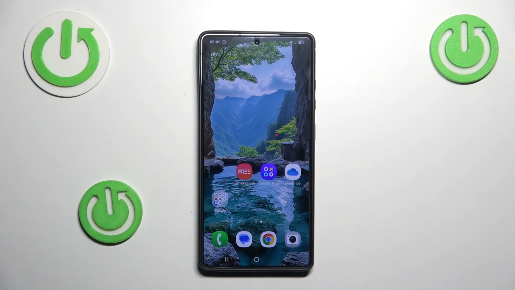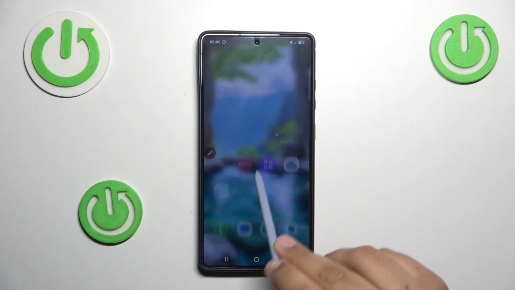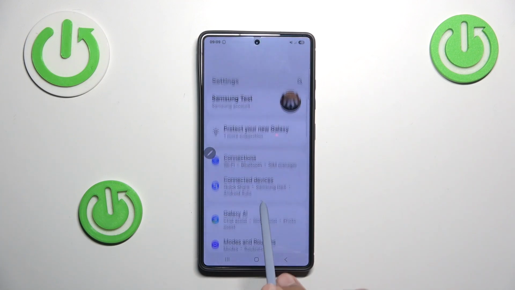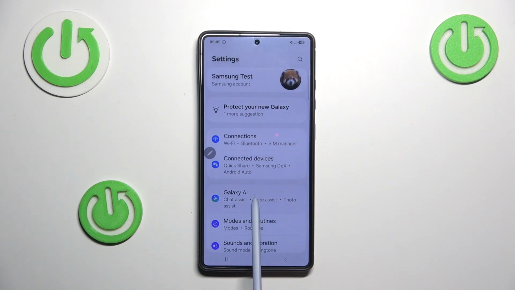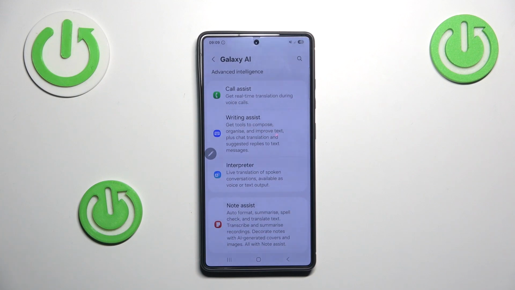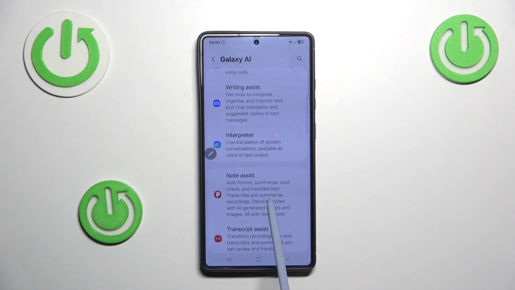So, to find them, first open up settings. And now, if we scroll down a little bit, we'll be able to find the Galaxy AI right here. And as you can see, here we will be able to find the list of the AI tools on our